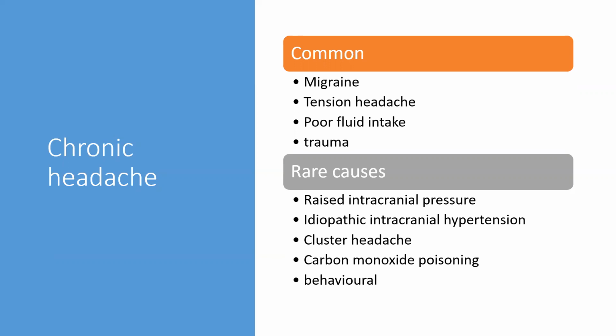Usually, so chronic progressive headache, so it could be, yes, it could be migraine. Have we ruled out the neurological signs and disease? Raised intracranial pressure. Another thing is idiopathic intracranial hypertension, which is also called benign intracranial hypertension or pseudotumor